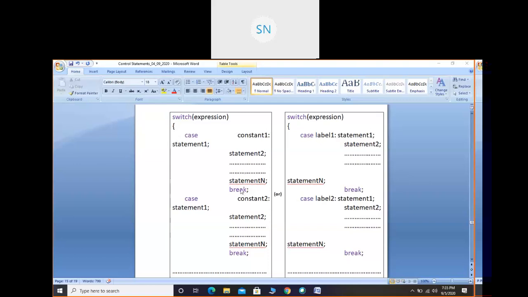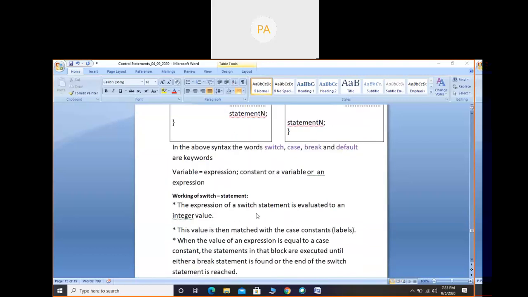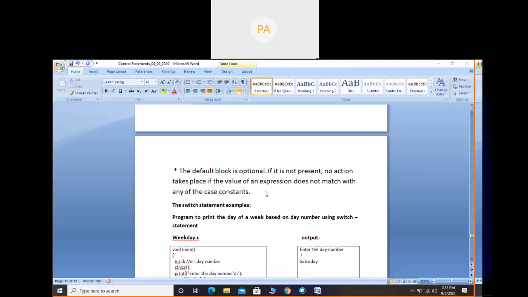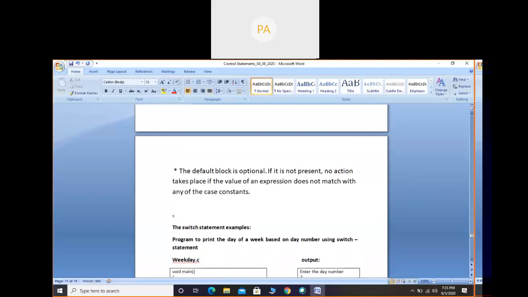Here, the things which are compulsory are the switch keyword, within that the expression, the opening brace, and the closing brace. This much is compulsory. I'll write it and show it here, so you'll get an idea, and we will come to know which things are not compulsory.